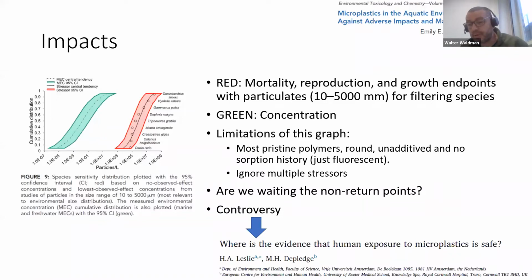So what we are seeing right now, if these curves are right, is that these two curves will overlap sometime in the future. We don't know. So the question is whether we are waiting for the non-return points and other kinds of problems. We can debate that later, but it's complicated when you need to argue, or discuss ecological science, with the productive sector. So we have these discussions, and we need to